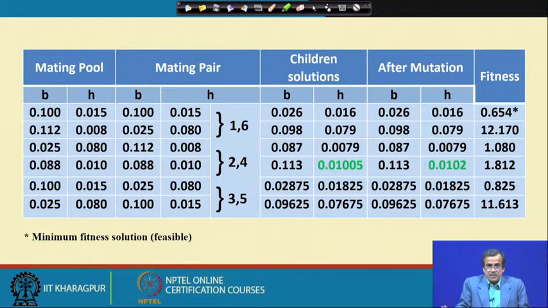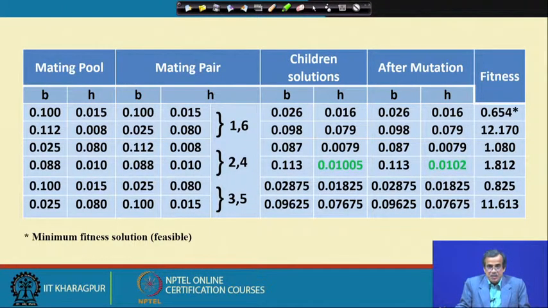Now, as I told several times, each version of this GA has its own plus and minus. For example, real coded GA and binary coded GA have their own merits and demerits, but we can also overcome some of the demerits and make it more efficient, so that it can find out the optimal solution. Now, another thing I am just going to mention is that if I use this genetic algorithm, whether it is the real coded GA or the binary coded GA, there is a possibility that in the population,